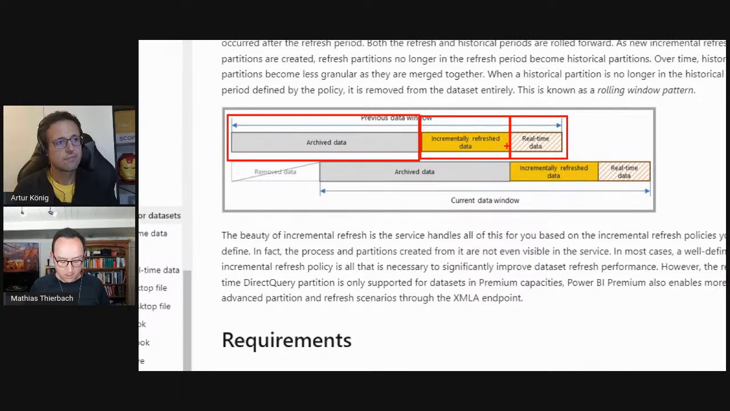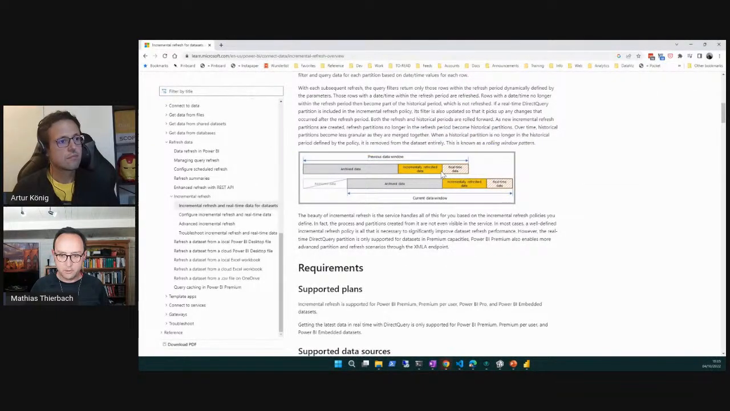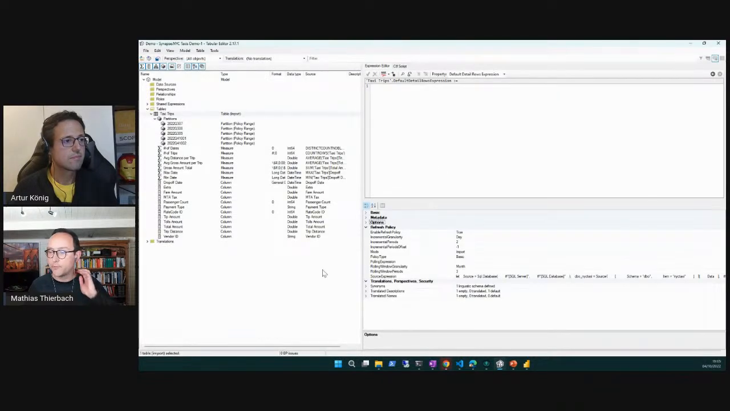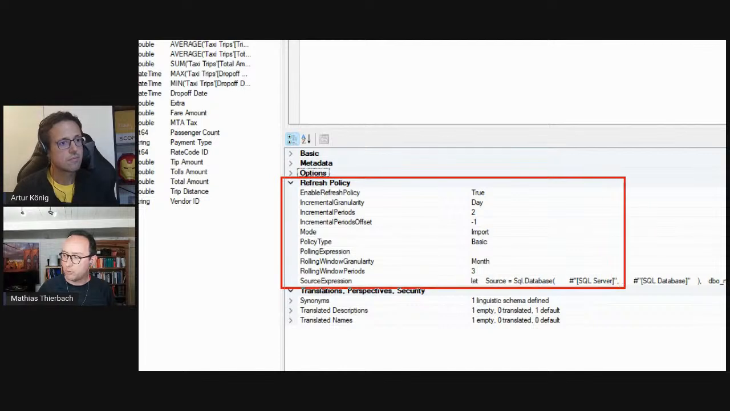And when you look at a dataset like that in Tabular Editor, which I'm just going to switch to here, there we go. So I've got a dataset open here, which has a refresh policy defined. I'm just going to bring this one up here. So there we go. Those are settings which happen at the table level. So refresh policies apply per table,